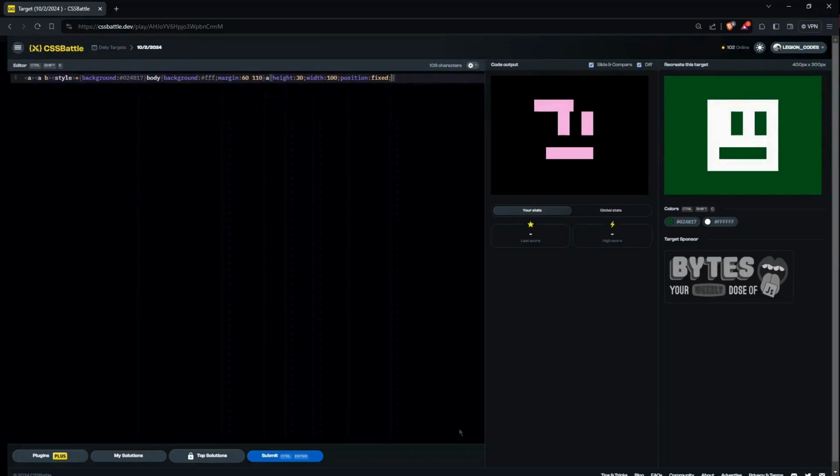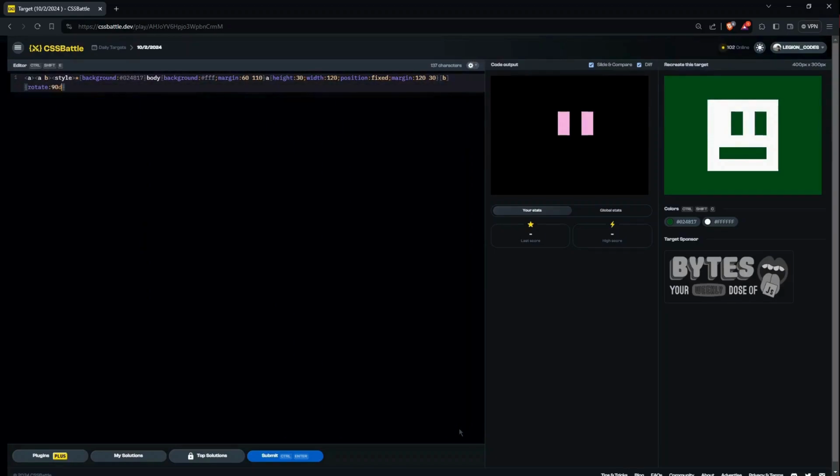Now what we will do is margin. I know we have to change width a little bit, but let's see how much is required. 10, 20, 30. Okay, 30 was enough, and 110, 120, 120. Yeah. Now it's time for B, and we will only have rotate 90 degrees,